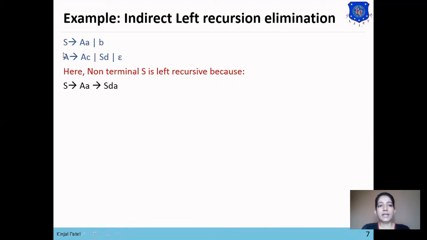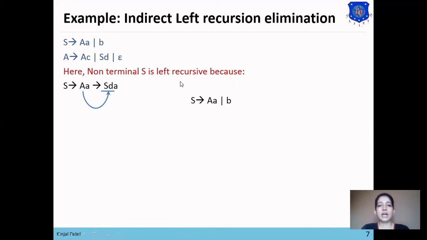Like if you replace the production of A, SD, in the first level, so if you replace A with the SD, then your production will be like S produces SDA. So this causes indirect left recursion in this grammar rule. Just we are replacing A with the SD, so the S can generate SDA also.